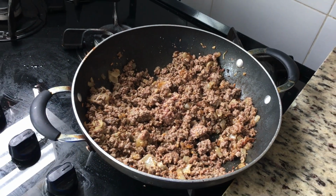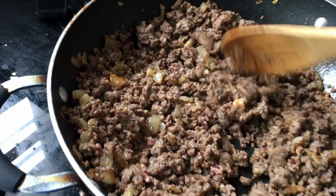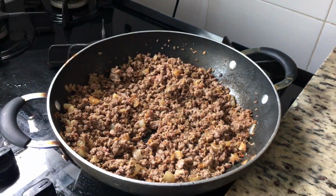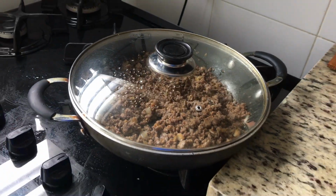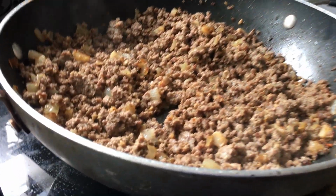Then we will cover it and we will cook for about 10 minutes on a low medium heat. Remember, the heat should be low, not very high. After our ground meat is done cooking,